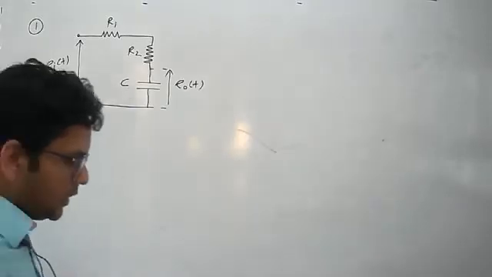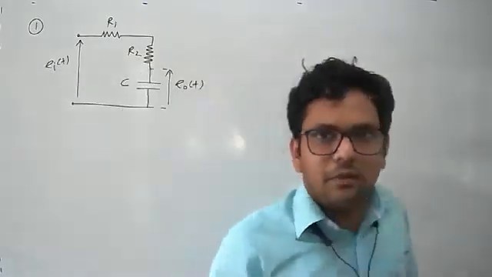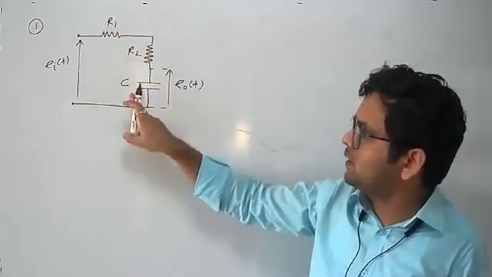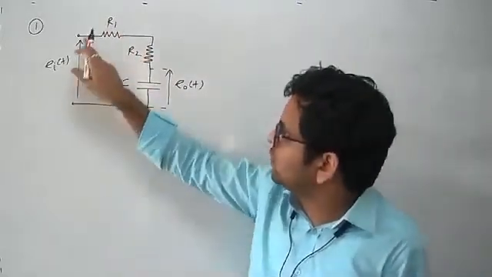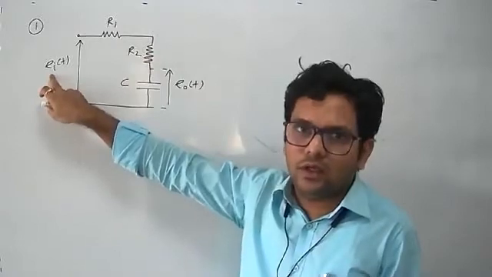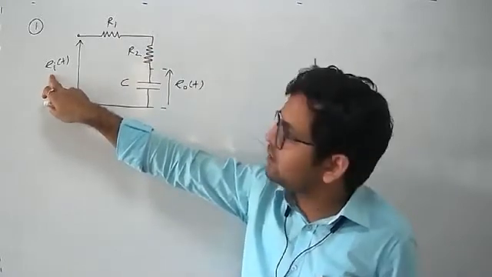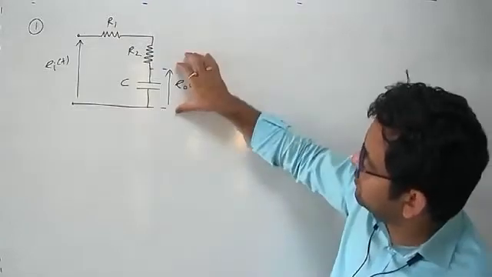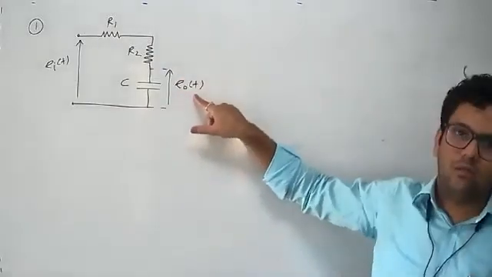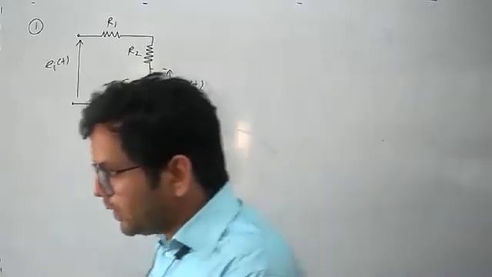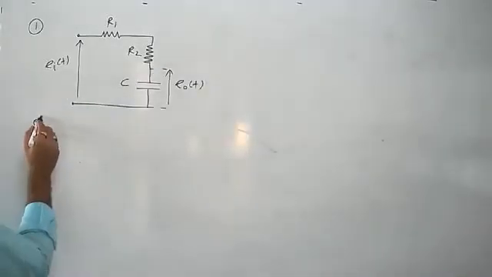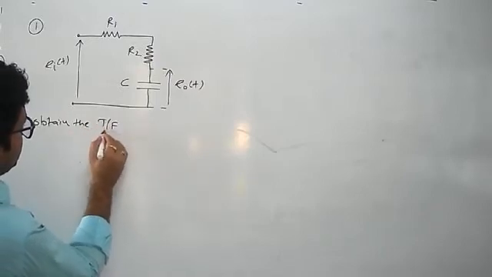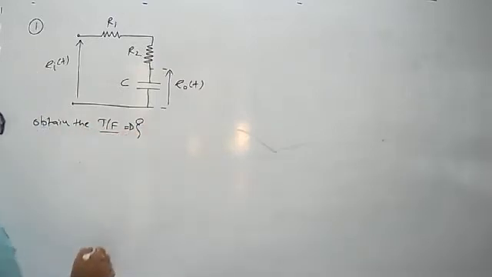So this circuit is given, in which if you look carefully, here we have two resistors R1 and R2 and then capacitor C. To this circuit we applied excitation in the form of voltage, and its instantaneous value is also given, which is nothing but Ei of t, and we are calculating the output across the capacitor, which is nothing but E naught of t, and our objective is to obtain the transfer function of this circuit.